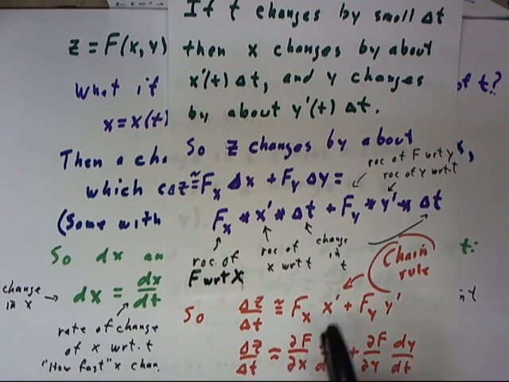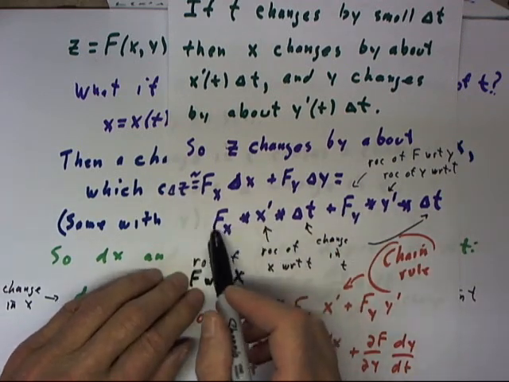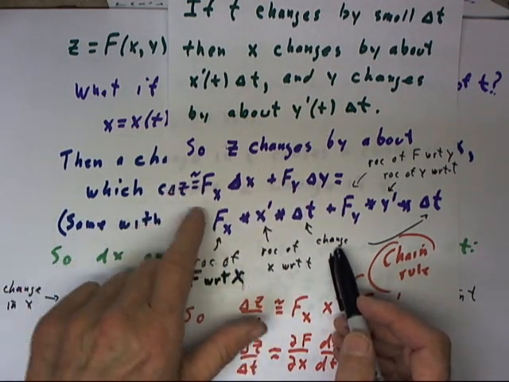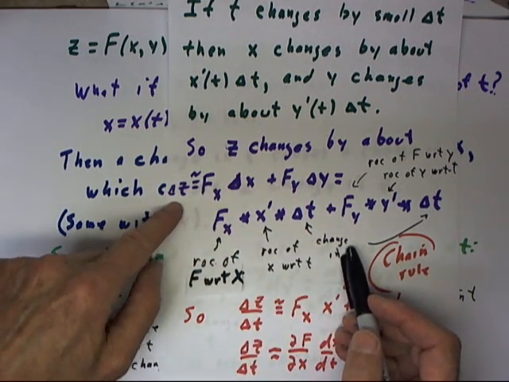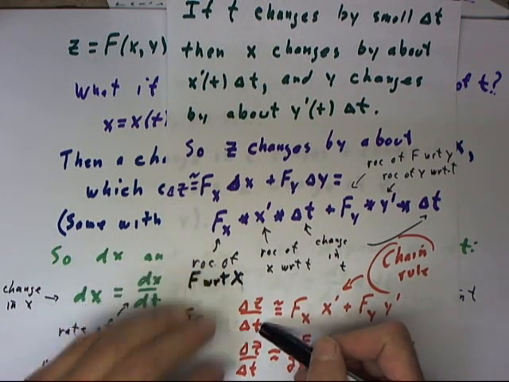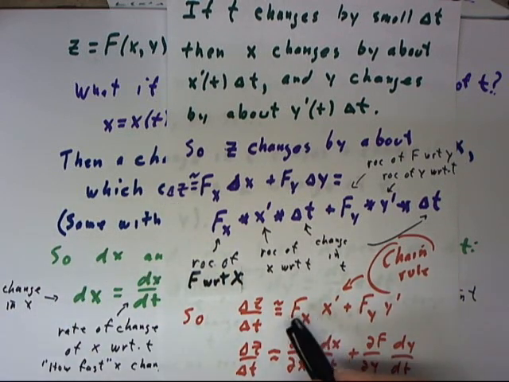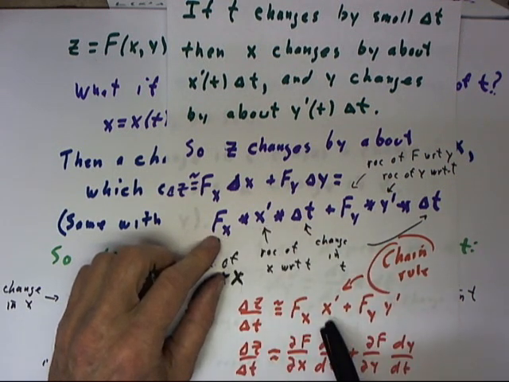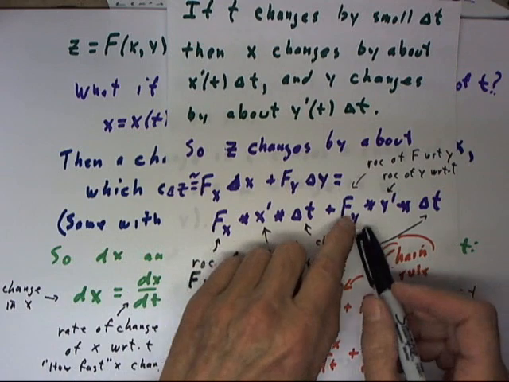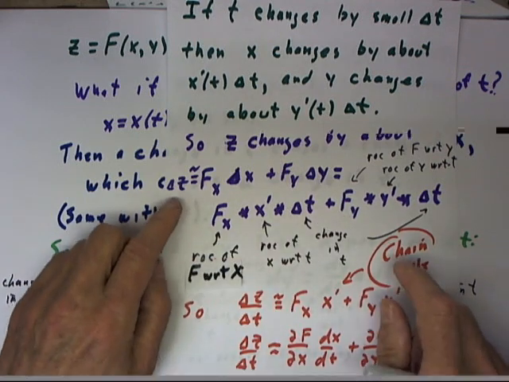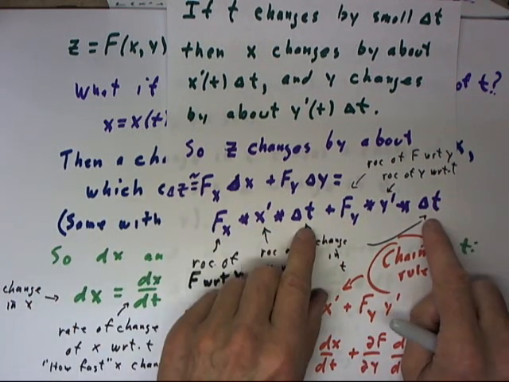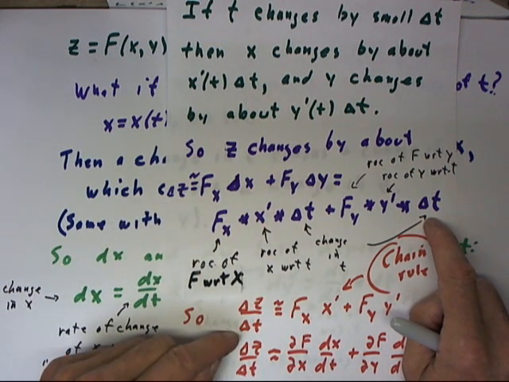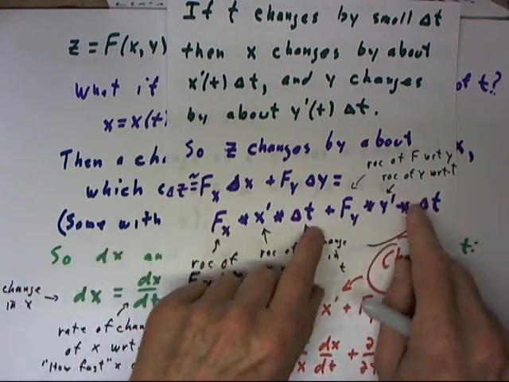Now, if we take this, delta z is approximately equal to this, that is, a small change delta t results in a change delta z. So what's our delta z over delta t? Well, that's approximately then equal to our fx times x prime plus our fy times y prime, because we simply take delta z equal to all this. We can factor out the delta t divided into delta z. So delta z over delta t is what's left over after we've factored